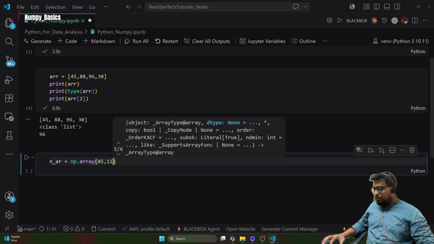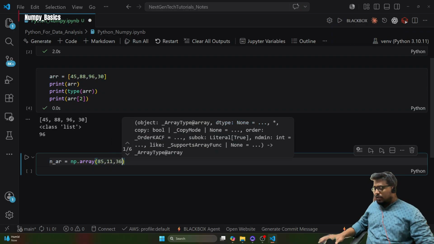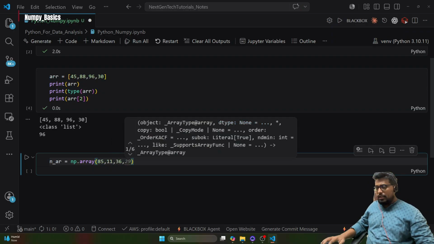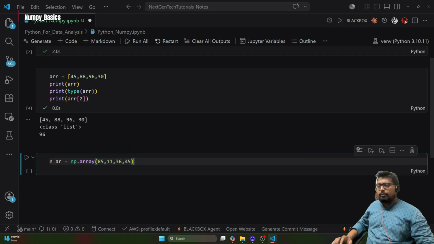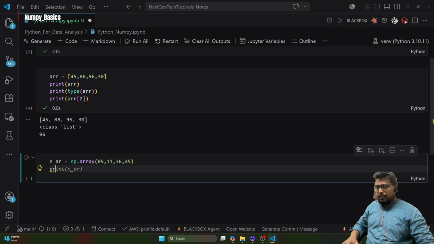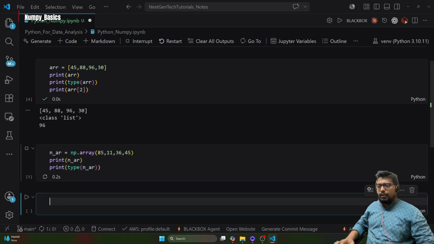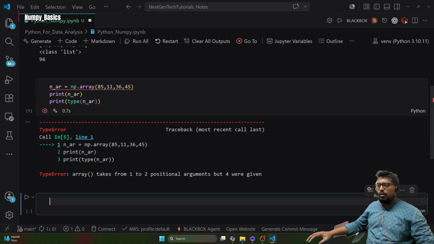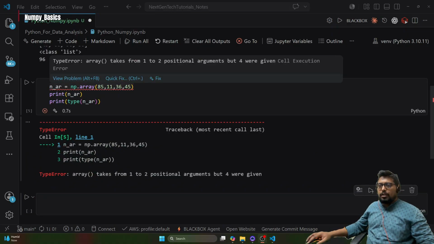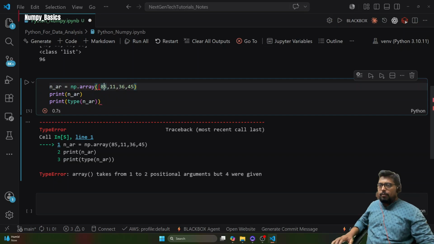85, 11, 36, 45, something like that, right? And then if I print nr and print type nr, what happened here? Oh, sorry, this needs to be passed as in storage of elements like an array. Okay,